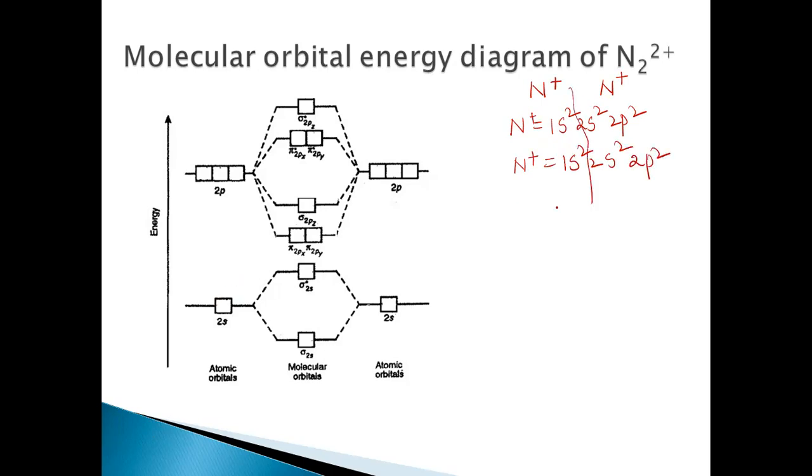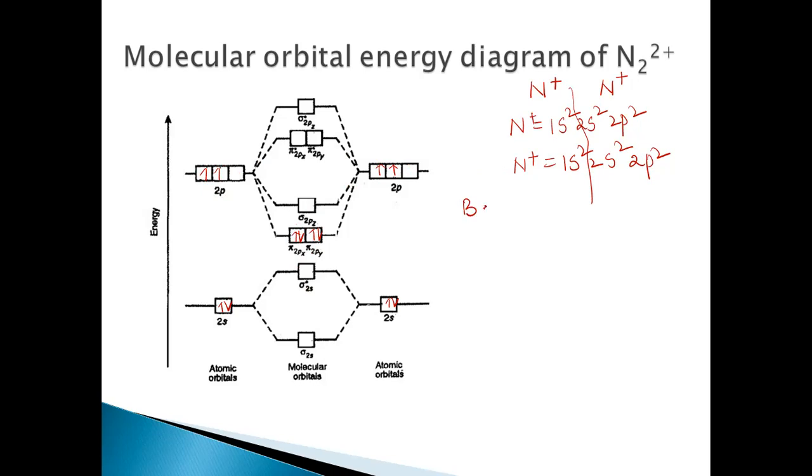So I'm skipping this 1s here, I'm not drawing it. So 2s results in the formation of 2 molecular orbitals, sigma 2s and sigma star 2s. Now the 2p, which is filled with 2 electrons here. Now first comes pi 2px and pi 2py, and then comes sigma 2pz, because the atomic number is 14 here. Right. So 1, 2, 3, 4 electrons. First, these are degenerate, so they get half filled, then completely filled.